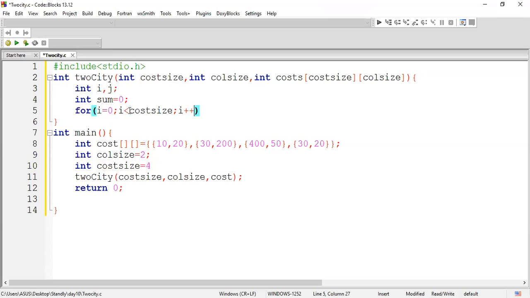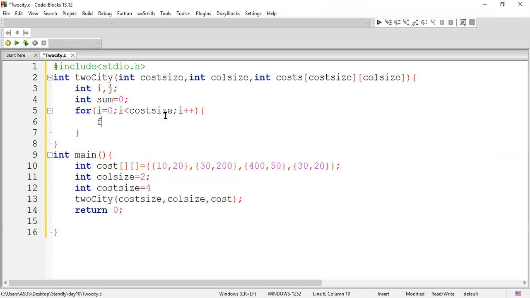So don't confuse with the variable name, guys, here. Okay. So then followed by for j assign 0, and here we'll see the condition of it, j plus plus. So here what is that? We are supposed to have 4 persons. For each and every person, what are the possible ways? We are going to have only 2 possible ways.